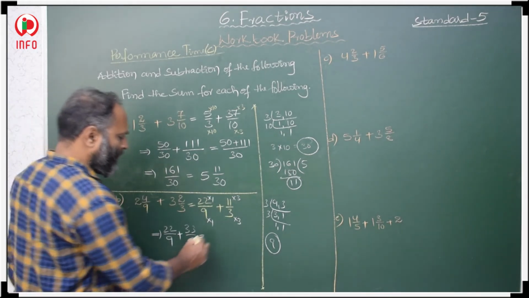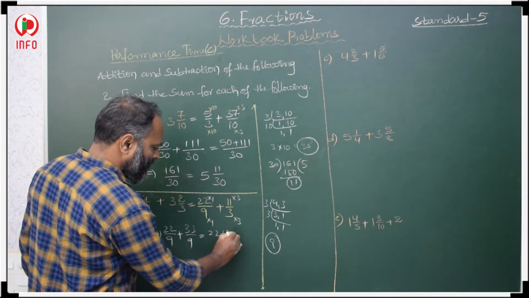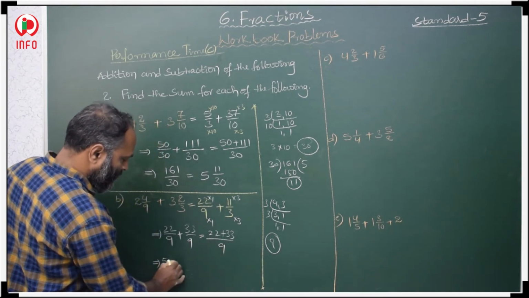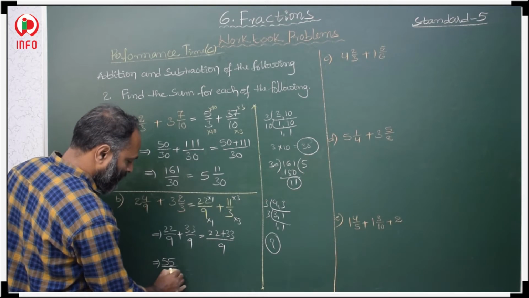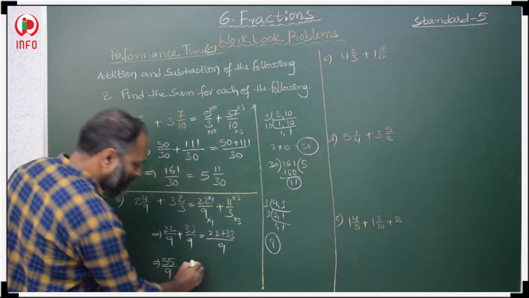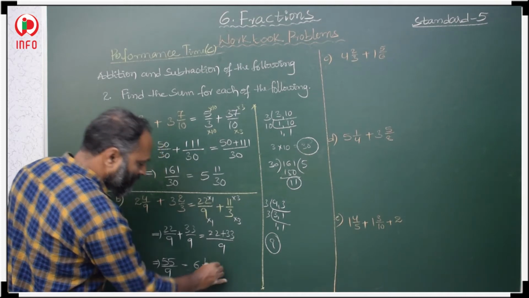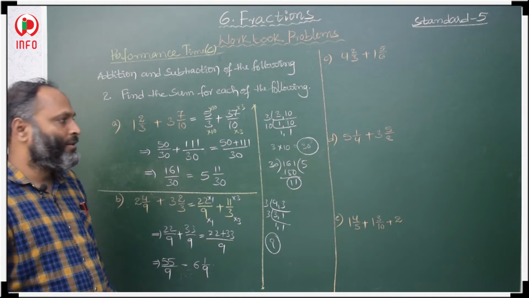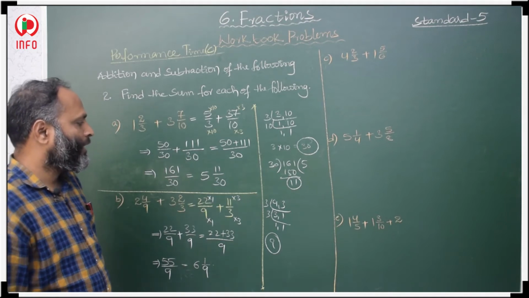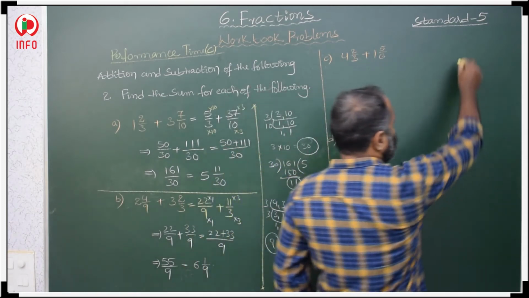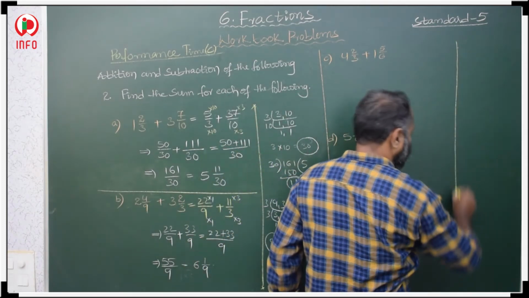These are like fractions, sum of numerators by the common denominator, that is 55 by 9. Then improper into mixed we have to change. 9 6s are 54, 6 1 by 9, 6 1 by 9. This is our solution. Okay. Now here these fractions also we have to find the sum. First we make a rough column like this,